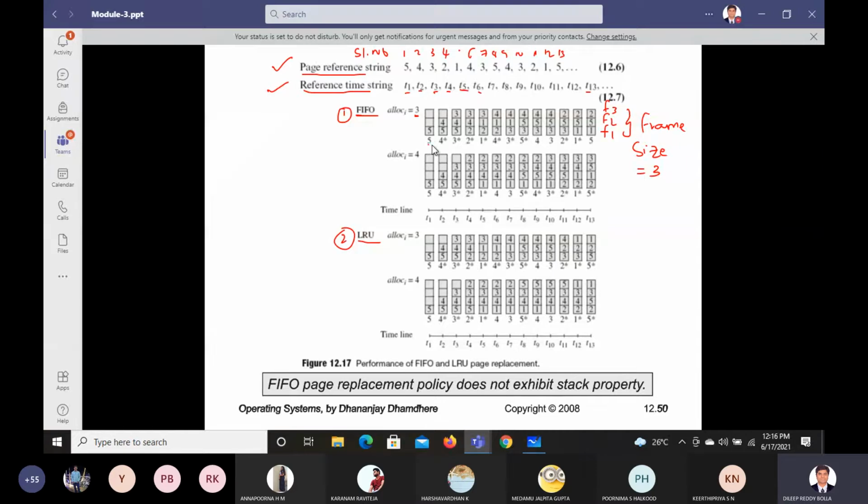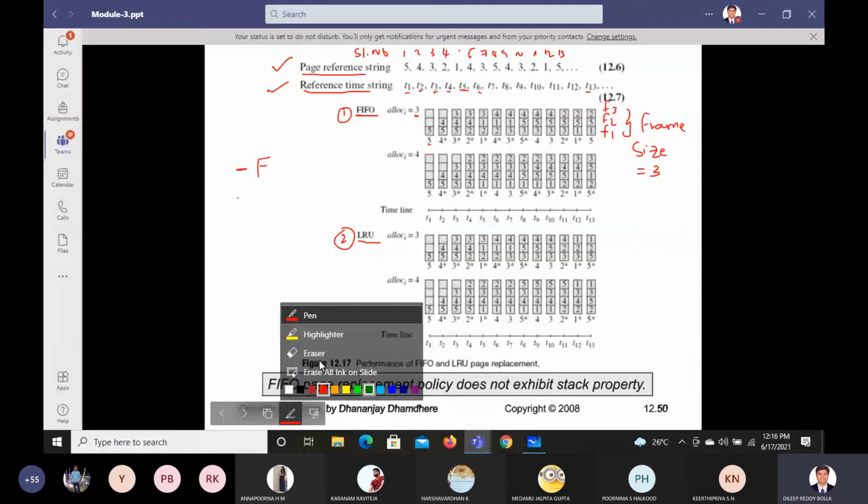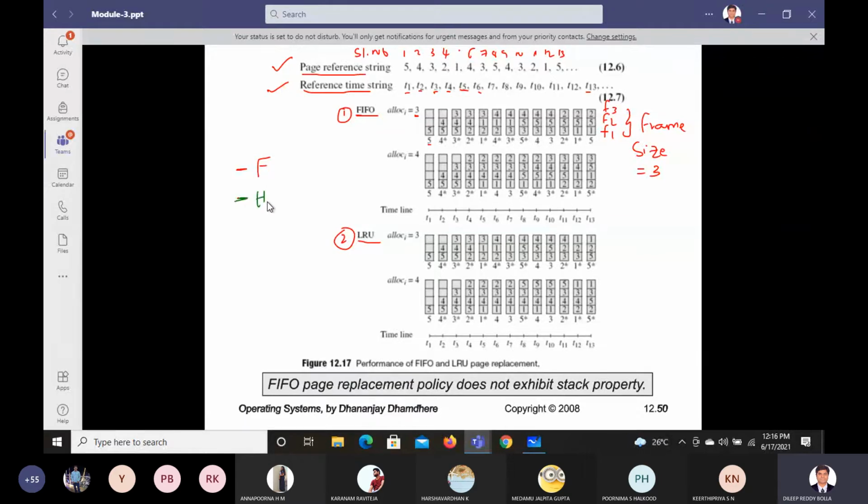So this 5 they wrote here. I'll write here in red color for fault and you will use green color for hit. Yes, green we can use for hit. Okay, now this 5 is available, so it is a hit. Okay, 4 was not there. Initially they are assuming that 5 was there. If you feel that everything is blank, then you also mark that 5 as a star here. It's up to you. In this example they have shown 5 as available. That's why they didn't write fault, they wrote hit.